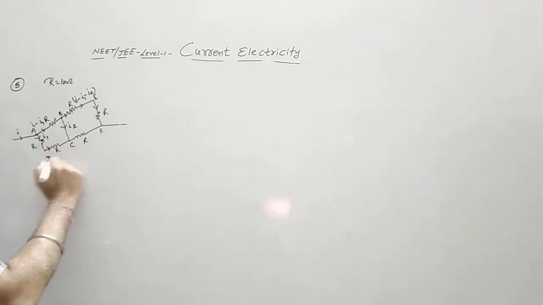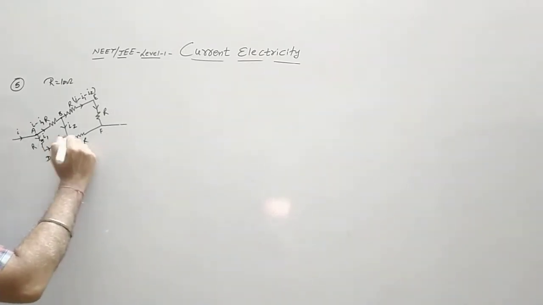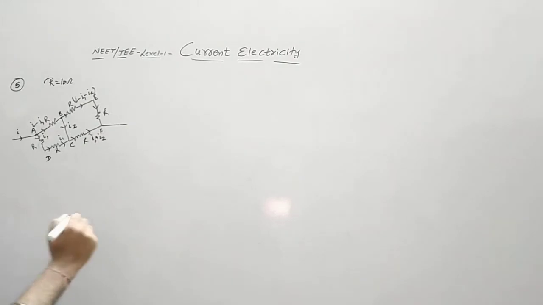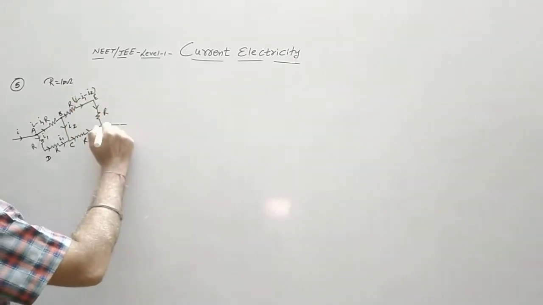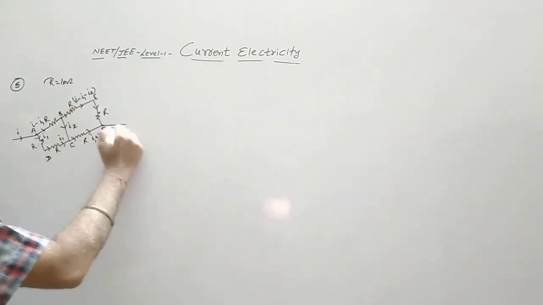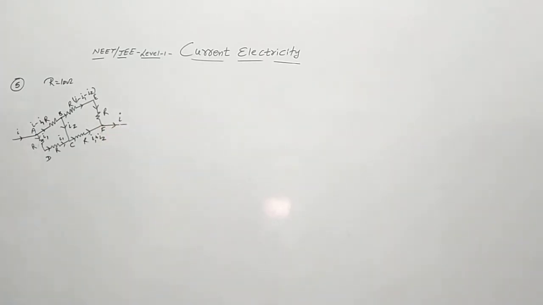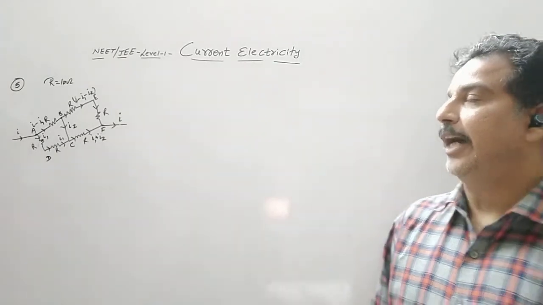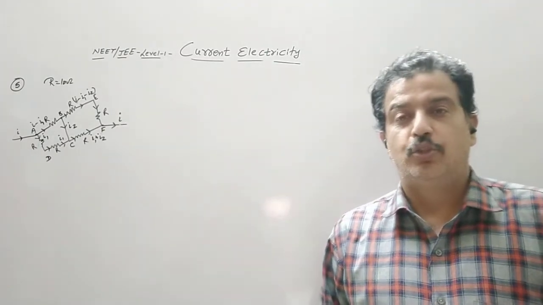The current through arm DC is I1 and the current in the arm CF is I1 plus I2. So at junction F, this current meets, I1 is cancelled, I2 is cancelled, so I will come out. So that is the simple distribution of the current. We have to find out the current in the arm AD, that is I1. So in the circuit, we have two variables, I1 and I2. So we need at least two equations.